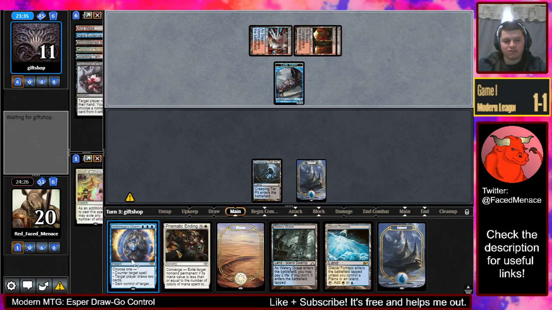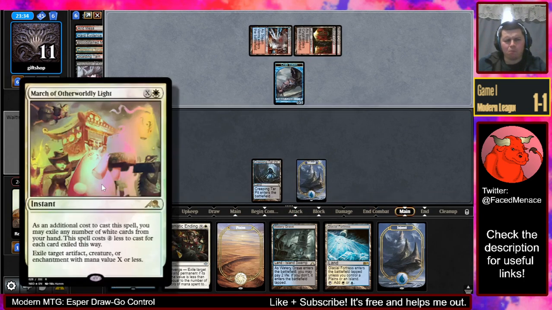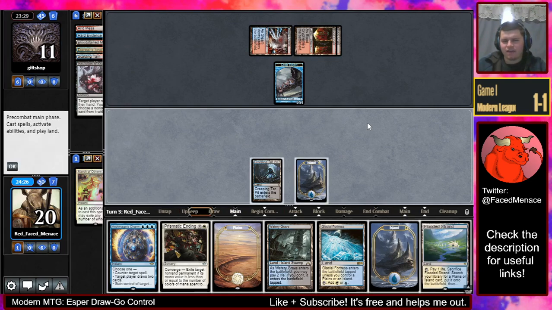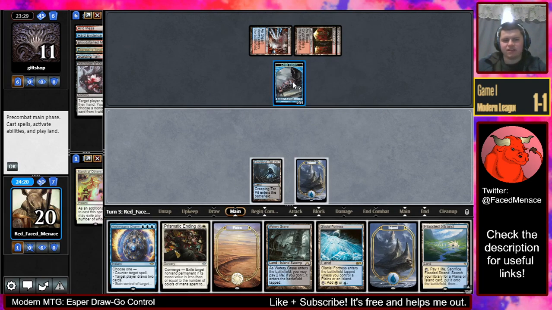They take March. Okay? Why? If they Creativity the crab and we steal it, does that mean that we get to reveal? I mean, I don't know if that's good enough value or not, but...